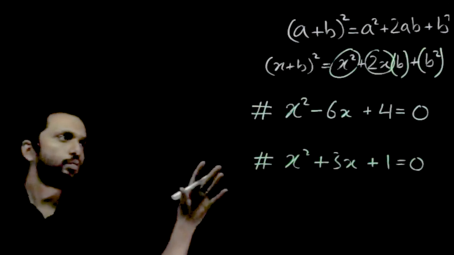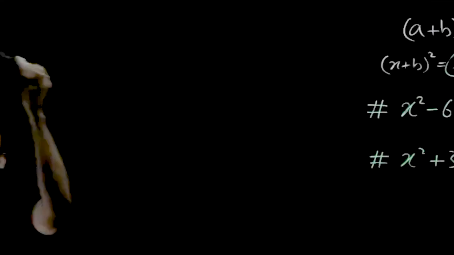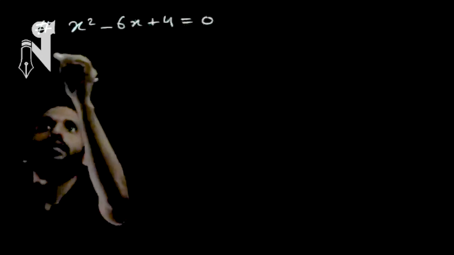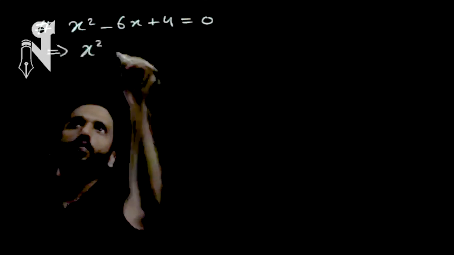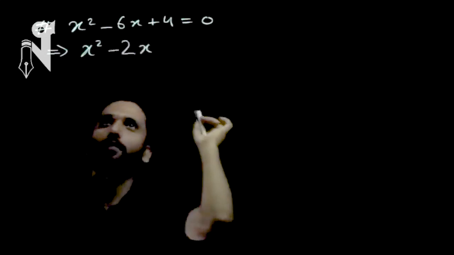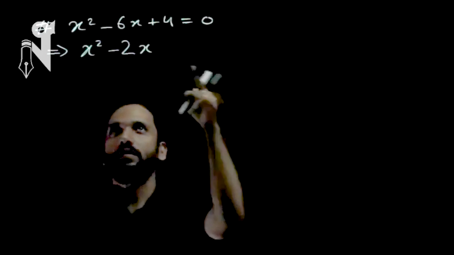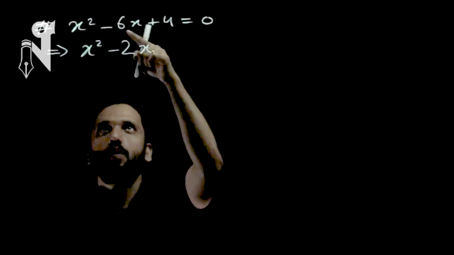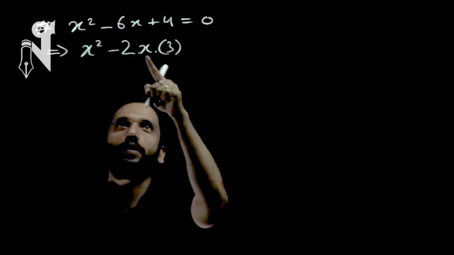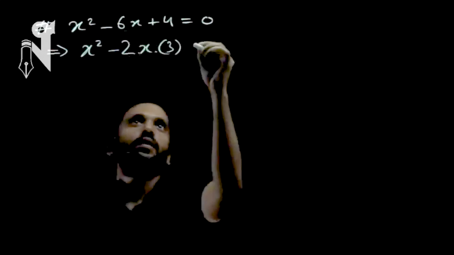I'll just quickly do it for you to verify your steps. Let's just follow the same steps we were doing earlier. The question is x square minus 6x plus 4 equal to 0. We have to fit in the formula of x square minus 2xb plus b square over here. So minus 2x you will write blindly so that the formula comes into the picture. Then you will check what this was. It was a 6. So you'll say that your b is 3, so that this 2 into x into 3 is the same as your 6x.